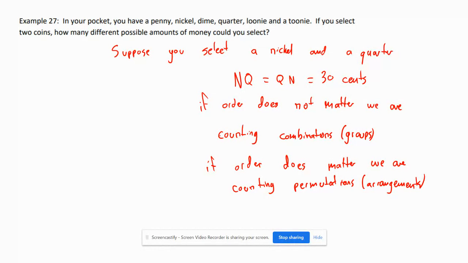Okay, so this is a case where order does not matter. A nickel and then a quarter is the same thing as a quarter and a nickel. They're both 30 cents because we're talking about how many different possible amounts of money you could select. Each coin is worth a different amount, and we have 1, 2, 3, 4, 5, 6. This answer is going to be 6 choose 2. Okay, now let's put this down over here. nCr equals,